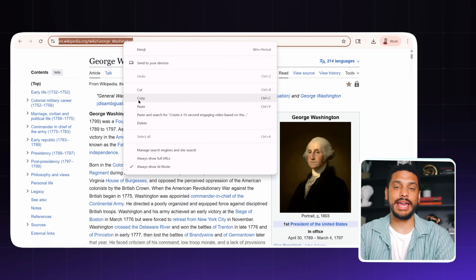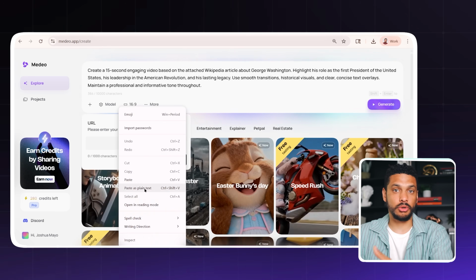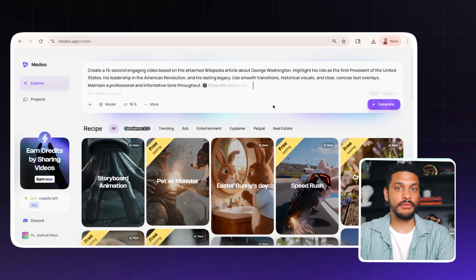For example, you could take a Wikipedia article about a historical figure and turn it into a full faceless YouTube